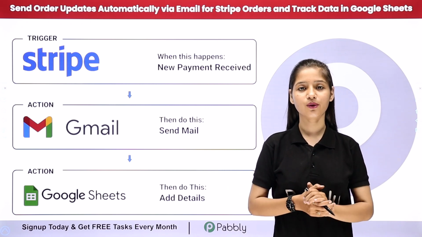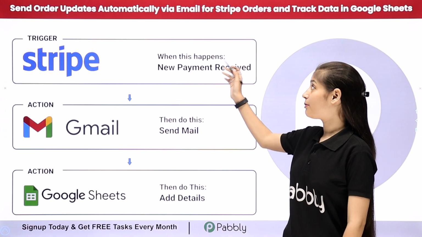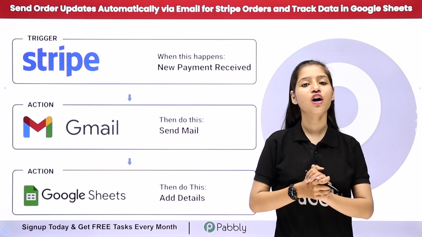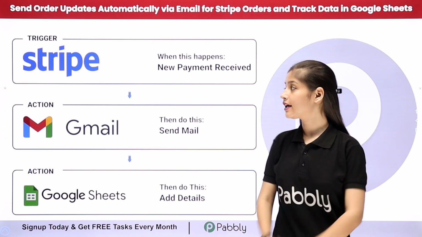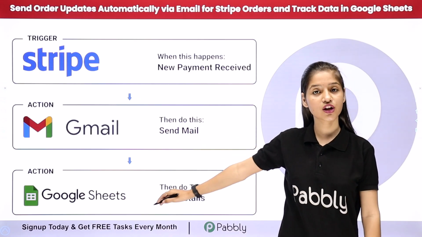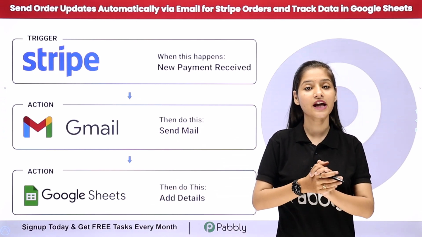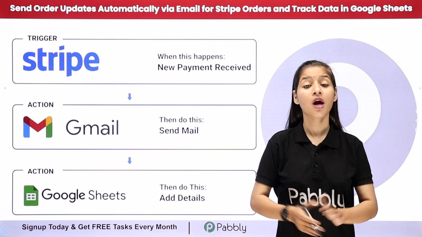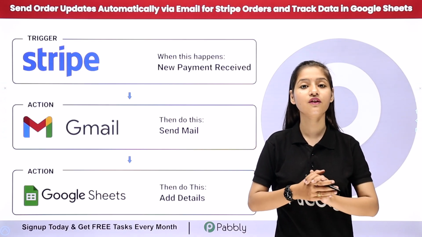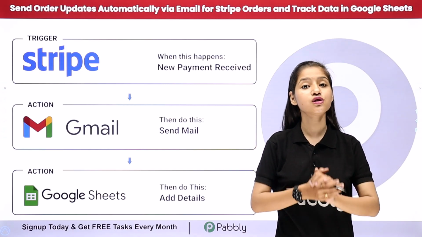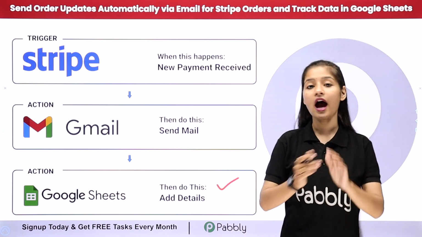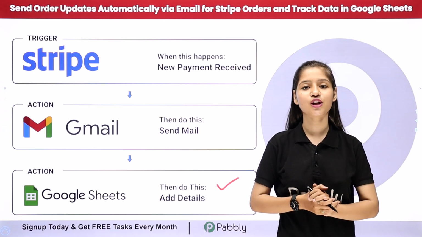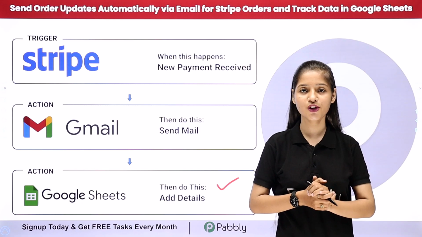In this video, we are going to learn how to send order updates automatically via email for Stripe orders and capture their response into your Google Sheet. For that, we are going to do an automation where we can connect our Stripe account to Gmail and Google Sheets, where whenever any successful payment is made through your Stripe account, one mail will automatically be sent to your user's Gmail account based on the information they shared while doing the transaction, and their data will also be stored in your Google Sheet. That will be done with the help of automation software named Pabbly Connect. So now to see the working of this amazing automation and learn the process step by step,